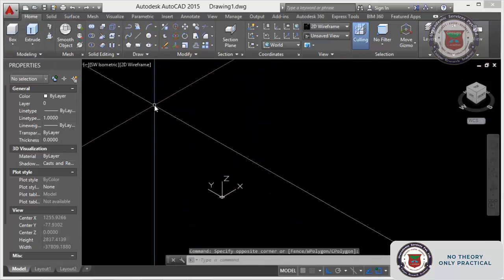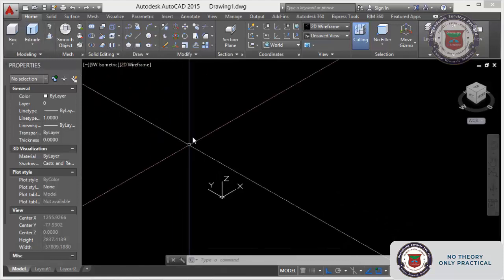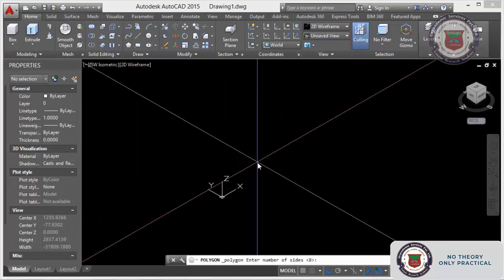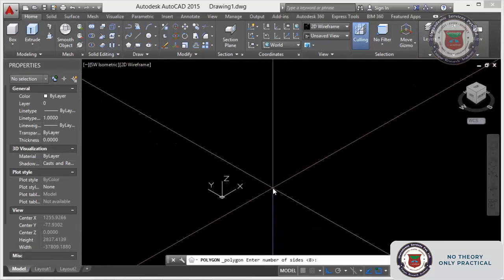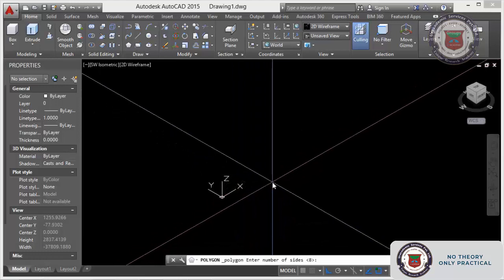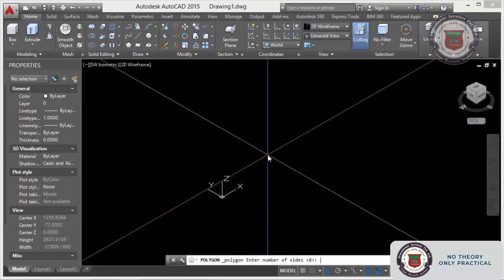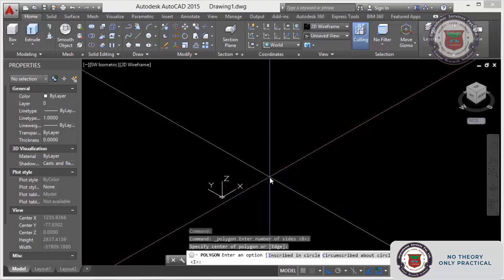So I want to change it to a polygon, because that is not available in the primary shapes. Just select polygon. We are now in the top view. Eight sides, enter. Specify the center point. This is my center point.